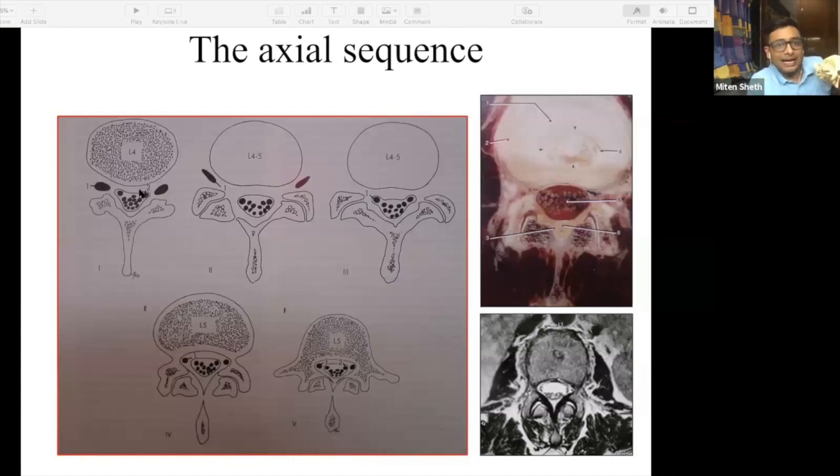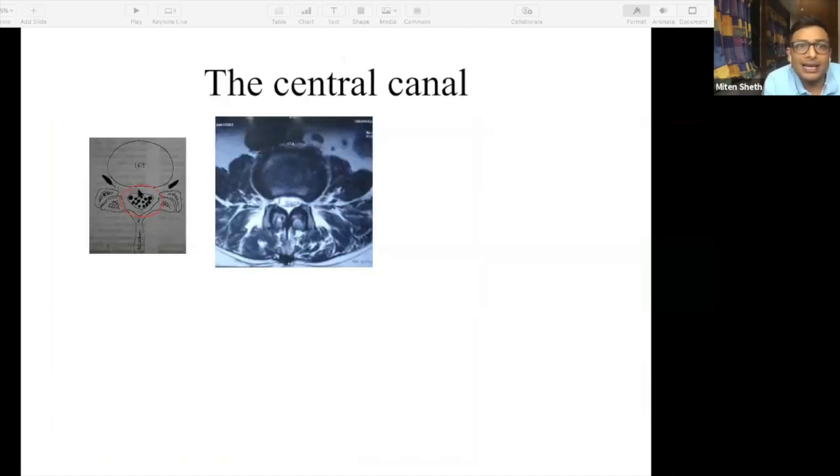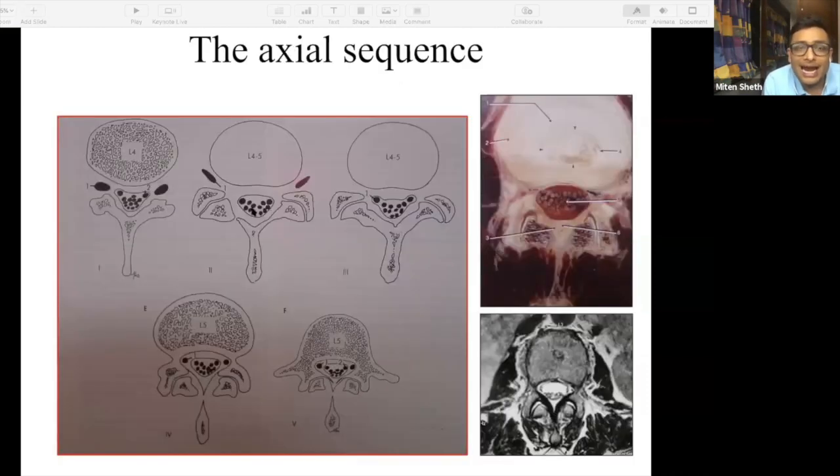The central part is where your nerves are, where the cord is going through. And this is where your nerves are exiting. So that's your central part. That's your spinous process. That's where the nerves are exiting. And that's your cord with the traversing root. The central canal is what you have to see, and the place where you see the central canal is at the level of the disc space. And how to identify that? Where you are able to see a proper burger is where you have to look.